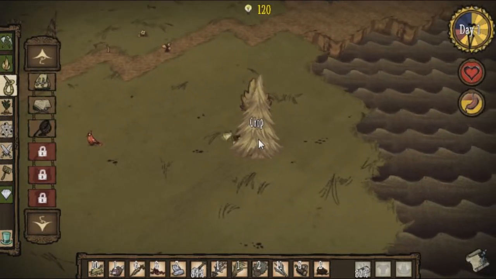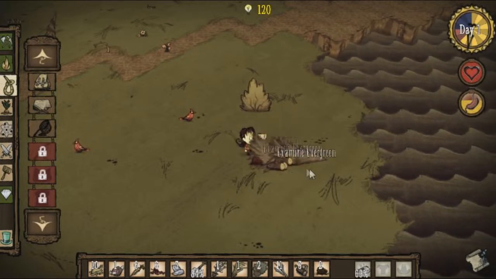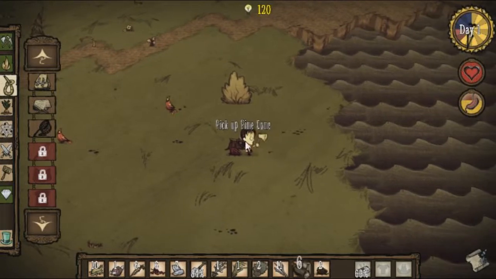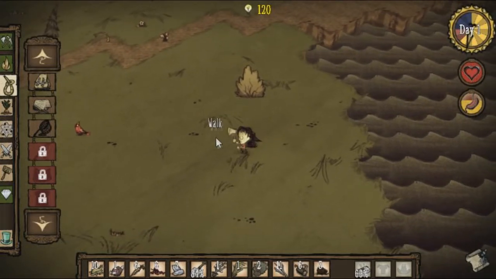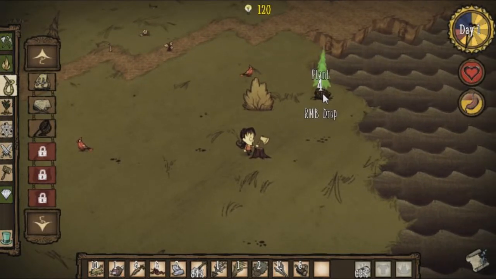So once it gets about 6 o'clock, around the day count, when it's at the very bottom of the screen, start worrying about getting wood and getting prepared to make a fire. You can dig up the tree stumps for...